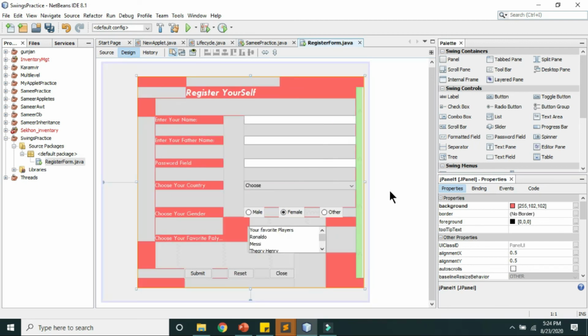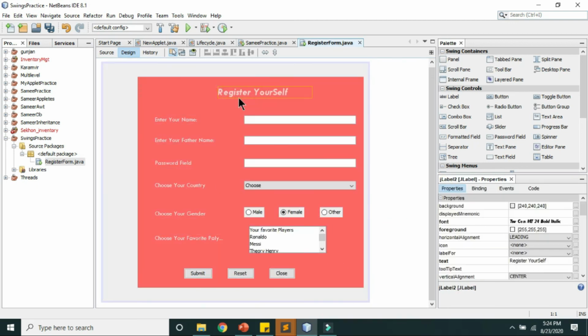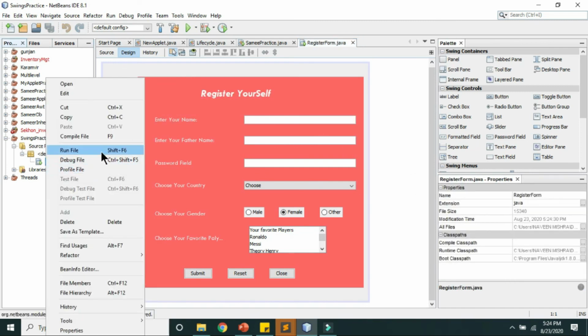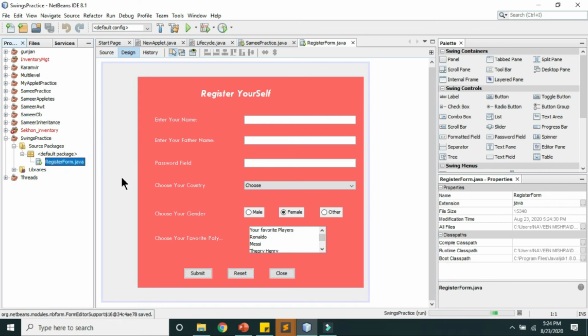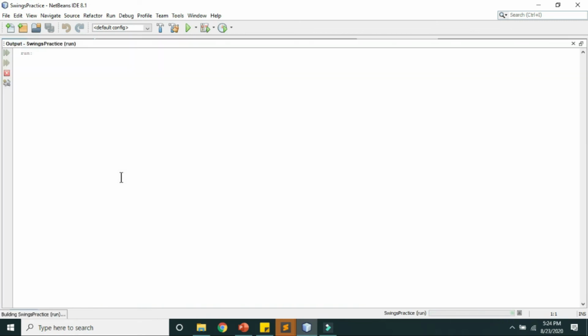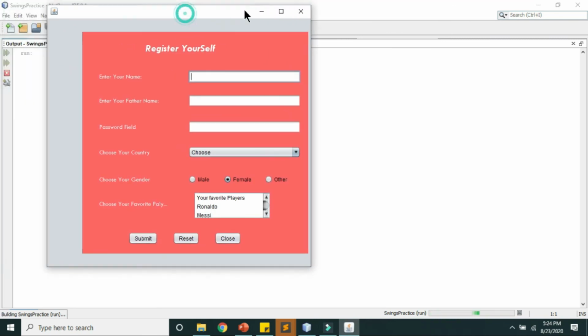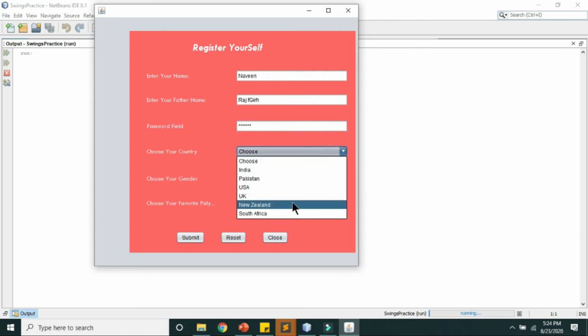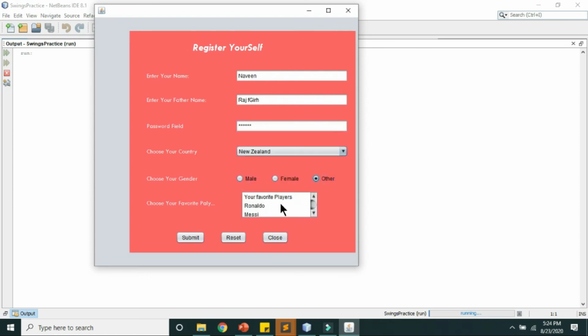Okay, I'll place it in a proper place. Just right click on this and run your file. As you guys can see, there you go, you have a form created for you guys. Choose the country, pick any one option, multiple selections here are allowed, and submit.